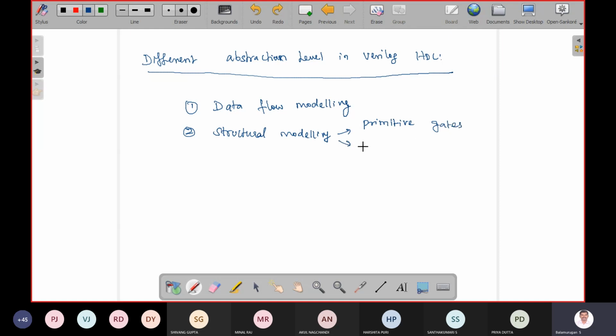Another one is using hierarchical modeling. And the third one is behavioral modeling. There are different behavioral modeling styles available, but we are going to discuss using the if statement and the case statement. And the fourth one is switch level modeling.